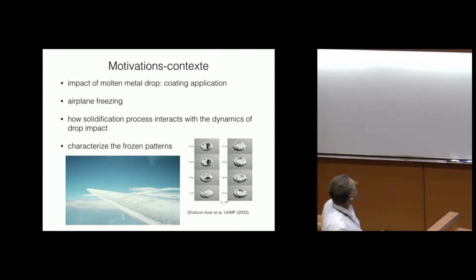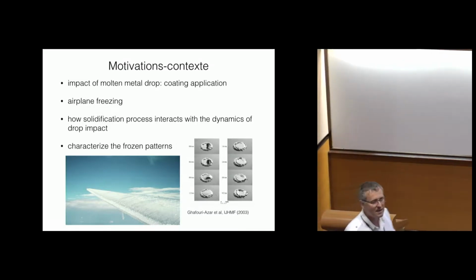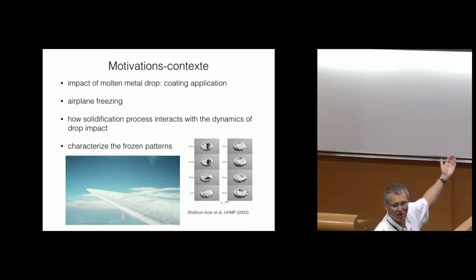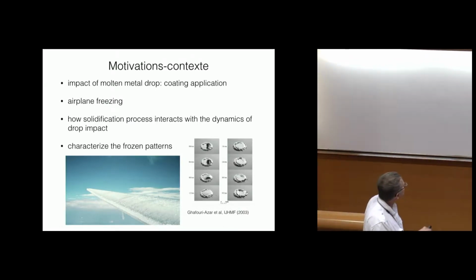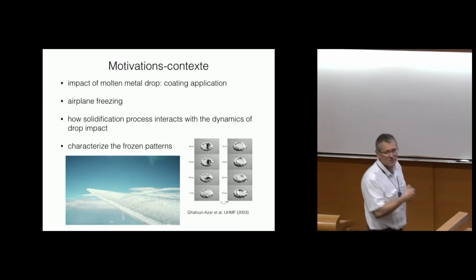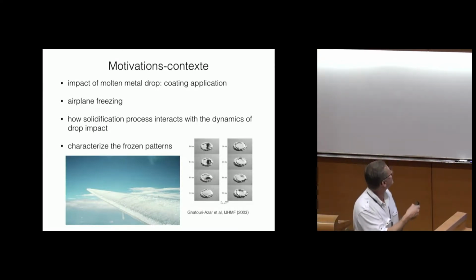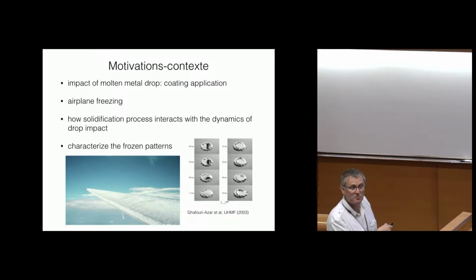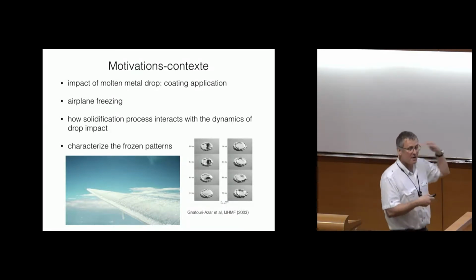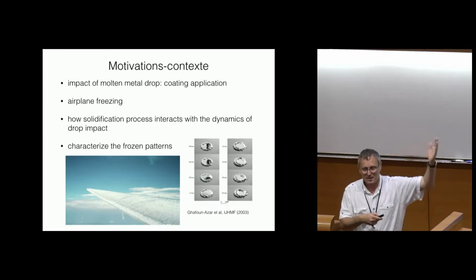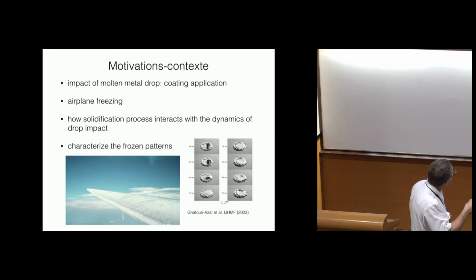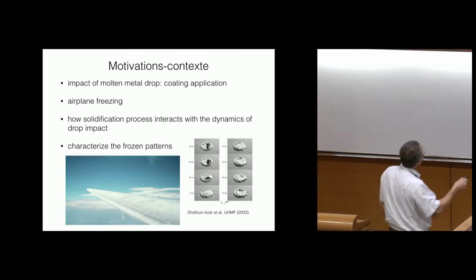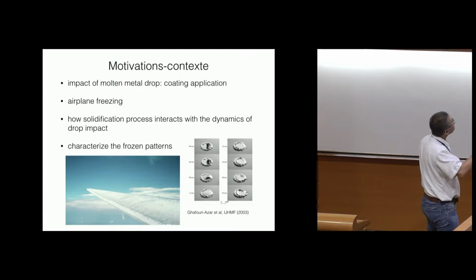of these two dynamics. Now also an application which will not really be my work. We could not apply what we have directly on these things, but we still believe that understanding the impact of a drop on a cold substrate might be of interest for a very important industrial aspect of freezing, which is the freezing of airplanes. This is due to the fact that you have ice in the clouds that can impact the plane during the flight, and it can stick on the plane, and really make serious problems on parts of the plane.